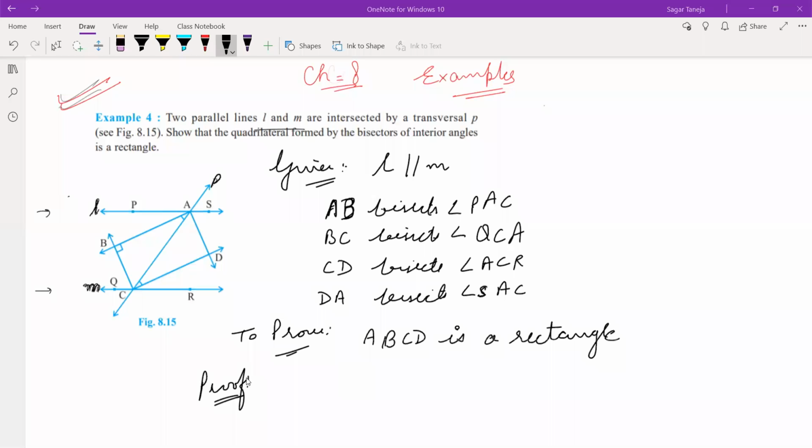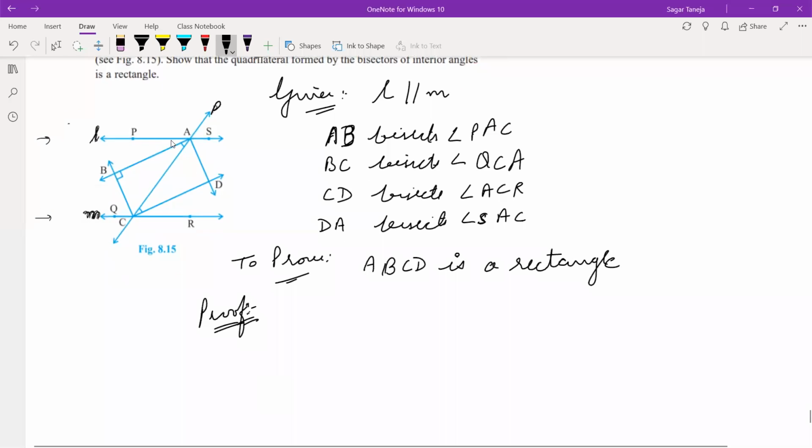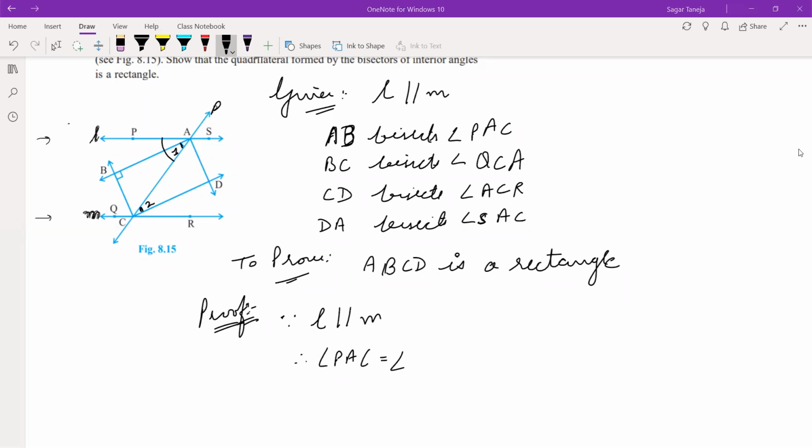Okay, now see this, I am considering it angle 1 and this as angle 2. I am considering this angle as angle 1 and this angle as angle 2. Fine. So just write, since L is parallel to M. See this, this L is parallel to M. Therefore, angle PAC is equal to angle